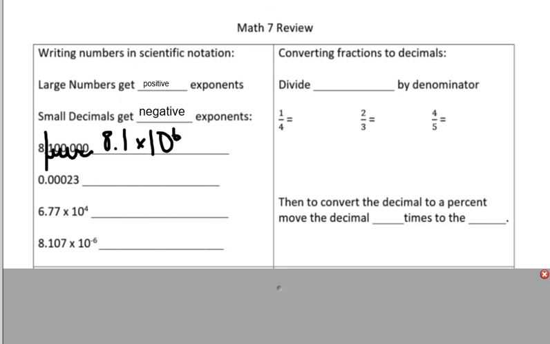It is going to be a positive 6 again because it is that large number. 8,100,000 is a large number. It's not a decimal, so we use the positive exponent. Let's look at the second one,